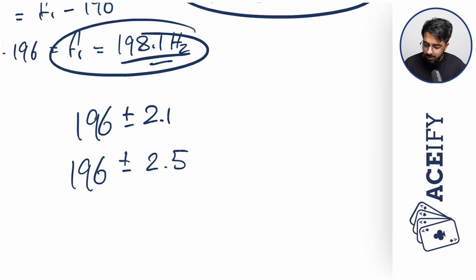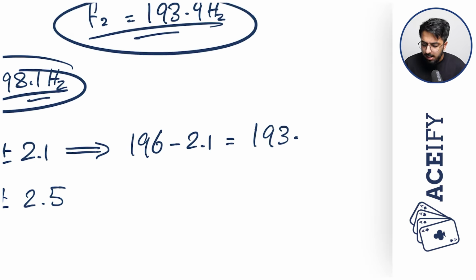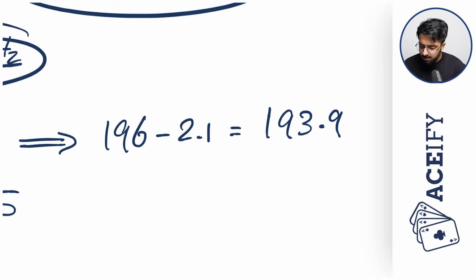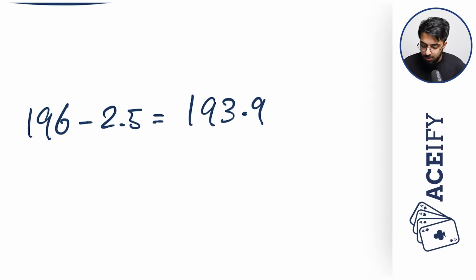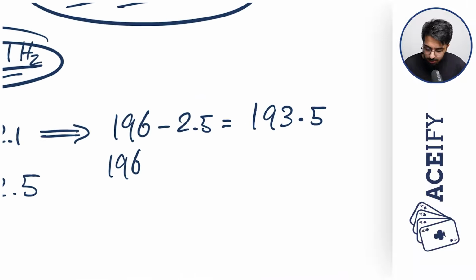If we take the case where it's a minus, let's say we're taking the case where it's a minus 2.1, and that would equal 193.9, okay? And let's say this beat frequency increases to 2.5, and therefore this will change to 193.5 Hertz. And as you can see, the beat frequency has decreased in this case. And so therefore, we must take the case where it was originally a plus, and so that was 198.1 hertz,